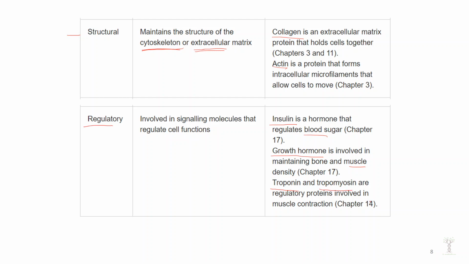Troponin and tropomyosin are regulatory proteins that help muscle contraction. So actin and myosin were the contractile proteins, while troponin and tropomyosin are regulatory proteins. There are a lot of different categories of proteins, probably over 100,000 different types in our body. Even though we only have about 23 to 25,000 genes, we have more than 100,000 proteins that have all